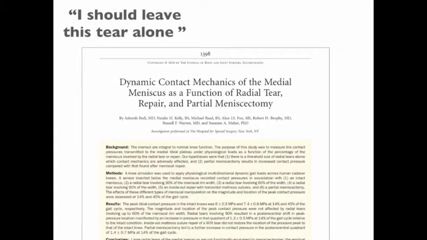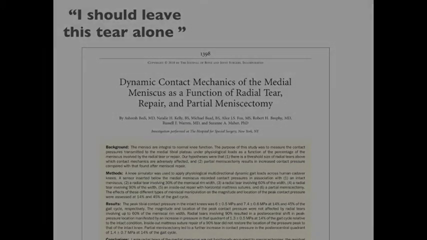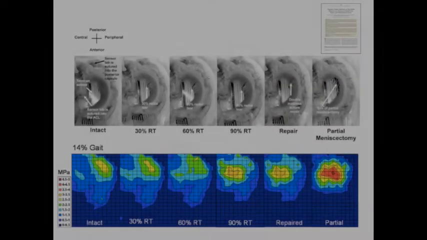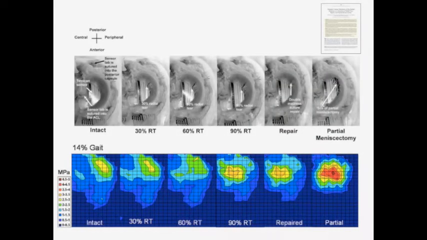So this is a really nice cadaveric study that came out about 18 months ago, because I was taught as a less grey-haired registrar or a less young consultant that radial tears of the meniscus were basically like a meniscectomy. You might as well just go and trim it and make the person happy. But this recent study, which was elegantly done, looked at contact pressures of the meniscus, and they created radial tears in cadaveric models. And what they found was that actually, even with a 90% radial tear,